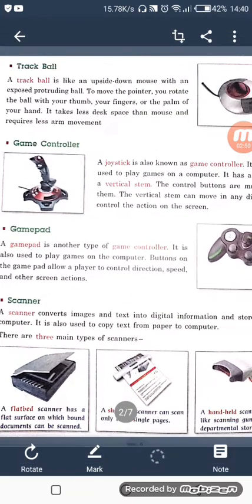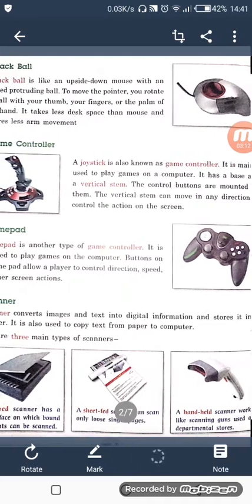We can use it to move the pointer. An arrow-like thing shows on the screen whenever we use mouse or trackball, and that we call the pointer. We can scroll it by using a thumb, fingers, or palm of our hand.